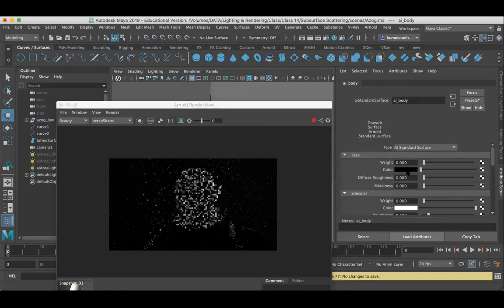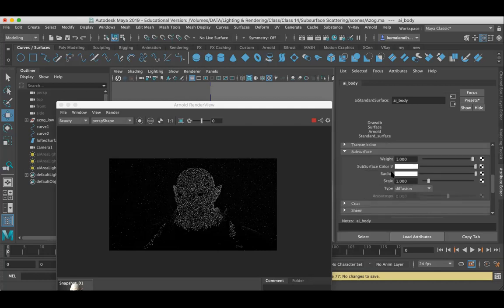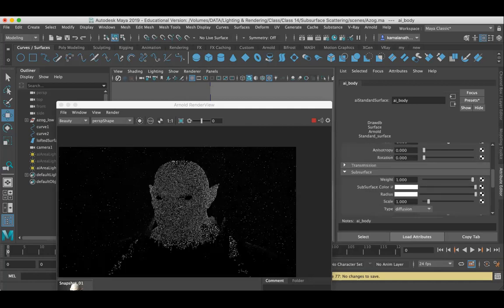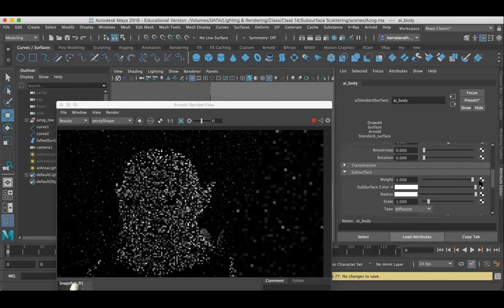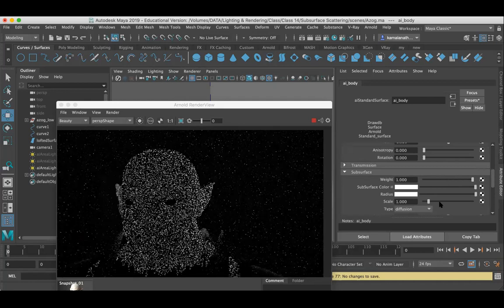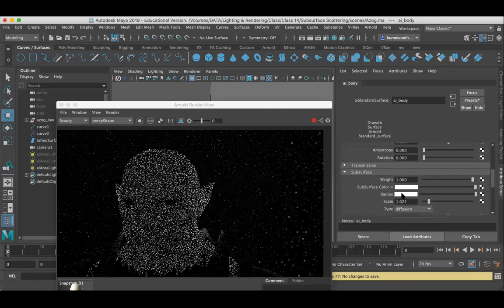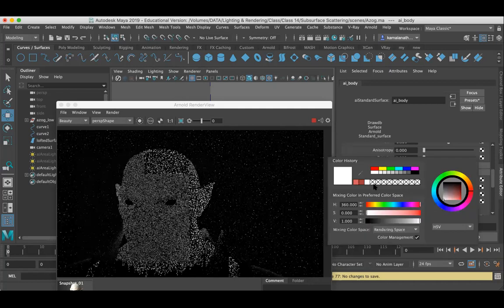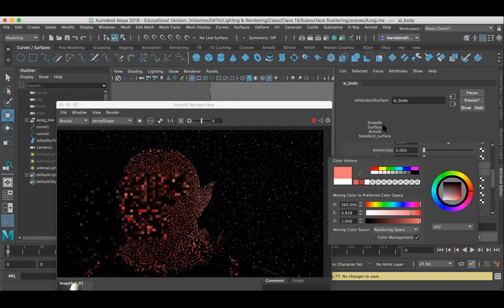And under the subsurface scattering, I'm increasing the subsurface scattering. Under this subsurface color, I'm going to choose some kind of red color.